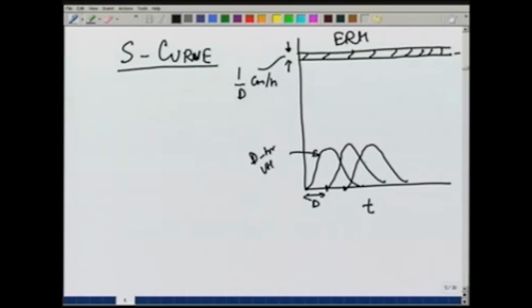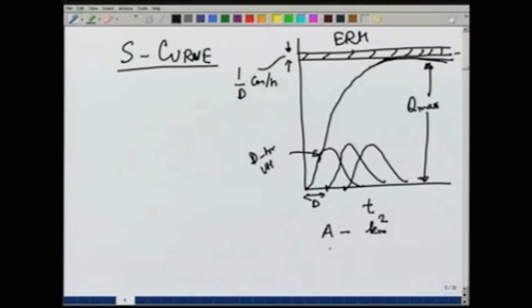So, if we take a number of these and shift them, add them, we would get what is known as the S curve, and it will reach a maximum ordinate here, Q max, which can be obtained by the rainfall intensity and the catchment area. So, if you have a catchment area A in kilometer square